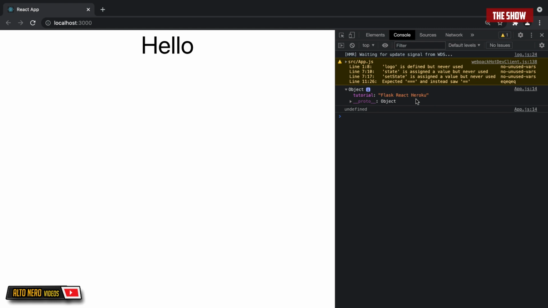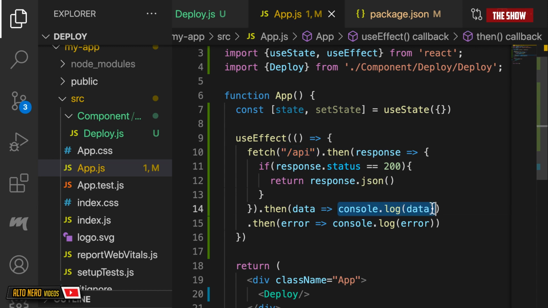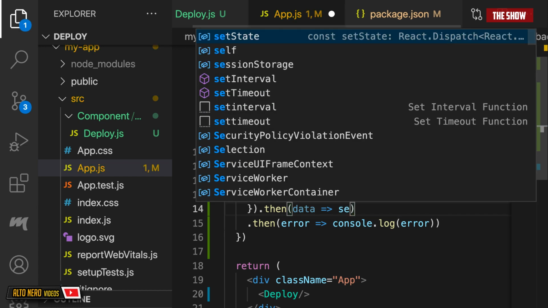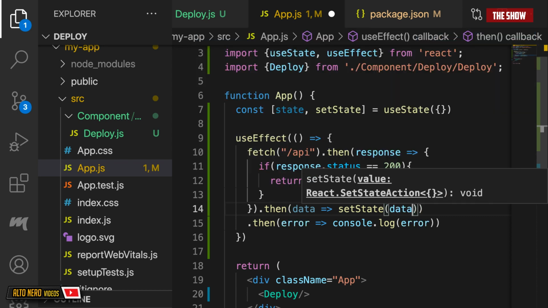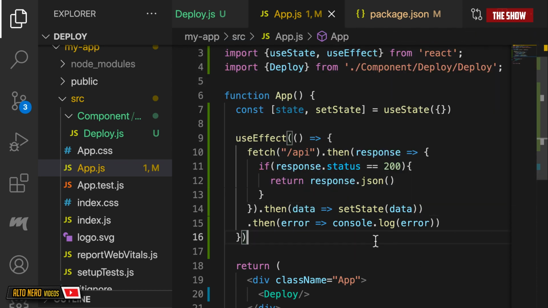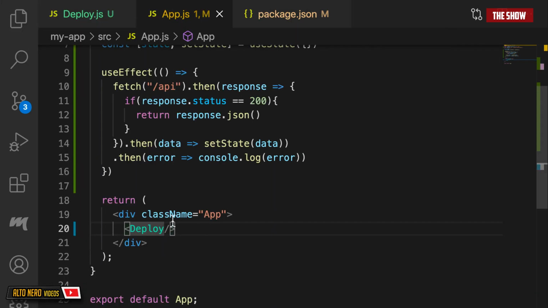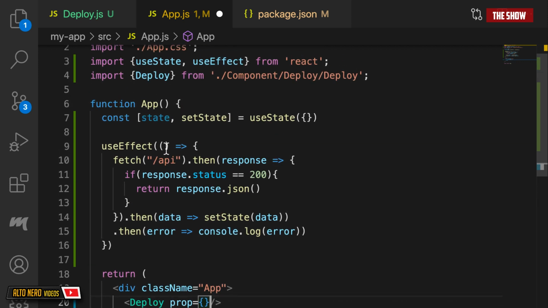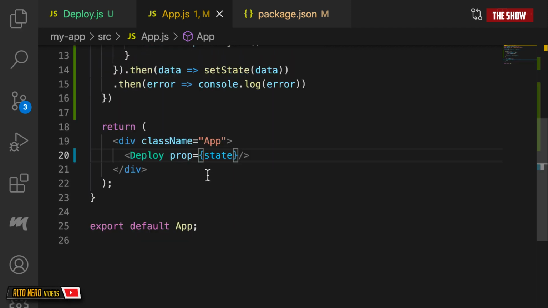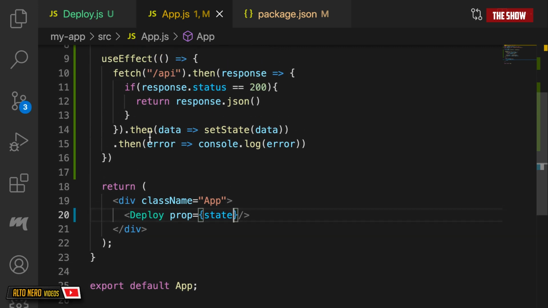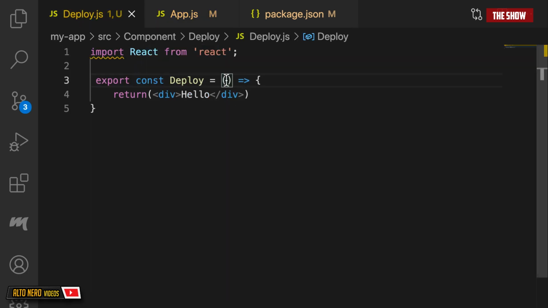Now, instead of just logging the data, I will actually set the state to the data. Okay, so I'll go back to Visual Studio Code. Instead of saying console.log data, what I'll say is setState, then I'll pass it data, like so. Then I'll pass a prop to the deploy component. So I'll say prop, and this will be state, okay? Then I can go to the deploy component, extract prop from the props object,